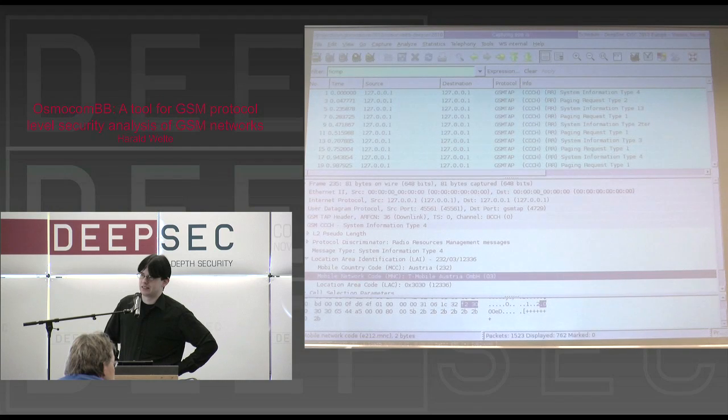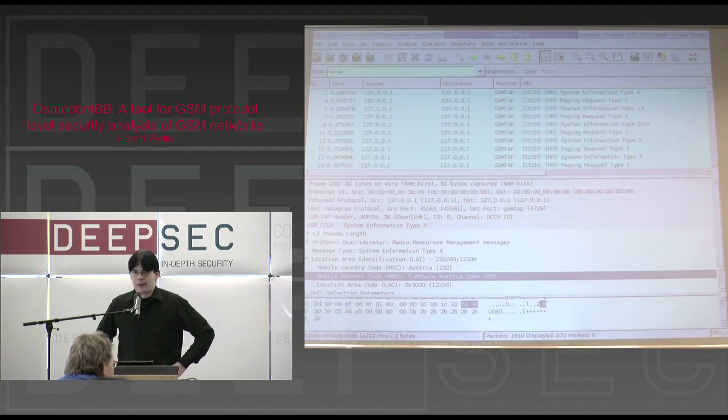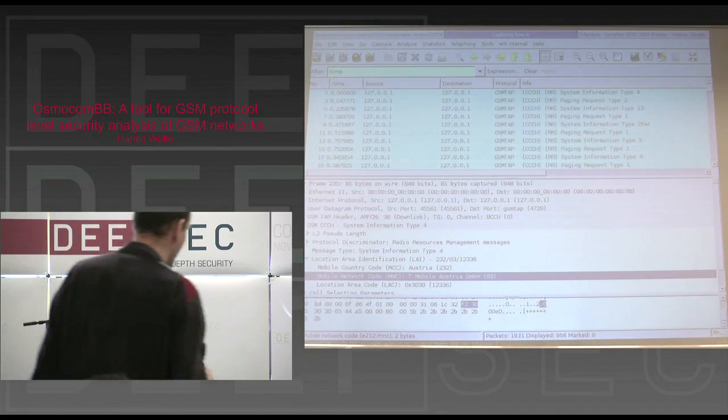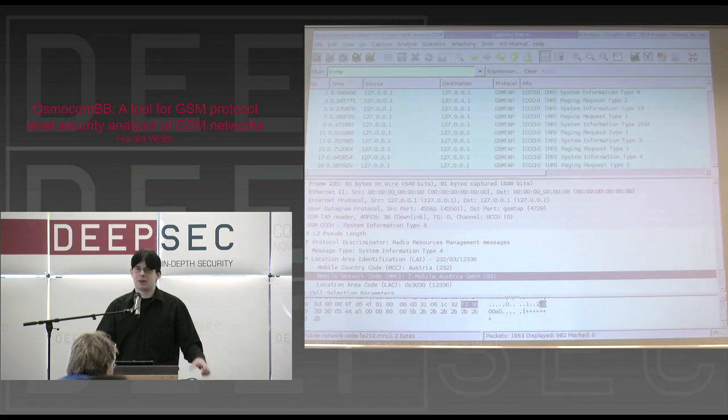Any interesting tests with also sending some nice testing packets towards networks? Well, I'm not sure if you've seen Sylvain's presentation yesterday. He was using the very same software to send his IMSI detach messages, right? So there's this sort of conceptual problem in GSM that if a telephone is switched off and it tells the network, I'm switched off now, this message cannot be authenticated in the protocol. There's no means of authenticating this message. So if you know somebody else's identity, his IMSI, you can just detach him from the network by sending such